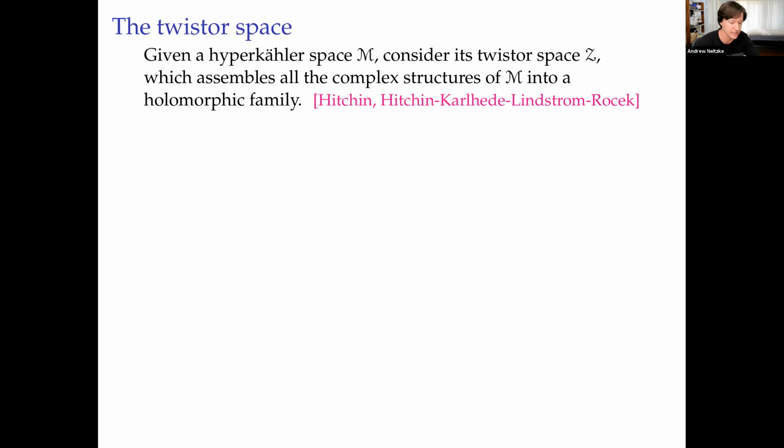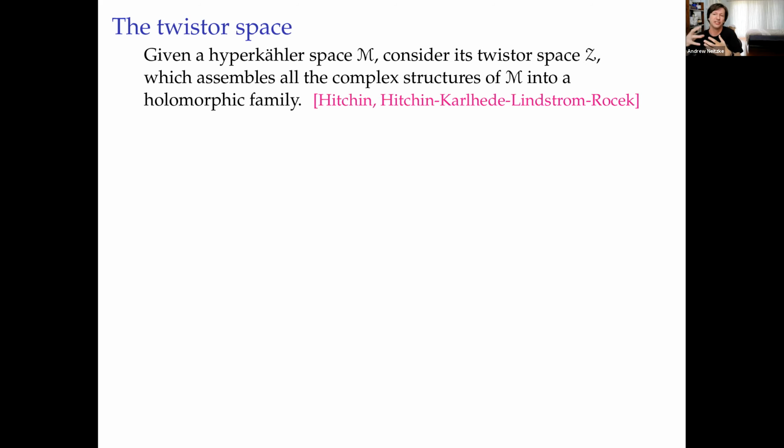Okay, so how are we gonna produce this hyperkähler space? Well, the way we're gonna do it is somehow not to think of it head on. Is not to try to write down a formula for the metric directly. That's somehow very hard. Instead, we want to get back into a situation where it's more or less a complex analytic story. And it turns out it's possible to do that. The trick is, instead of thinking about the hyperkähler space M directly, you think about its twistor space. What is its twistor space?